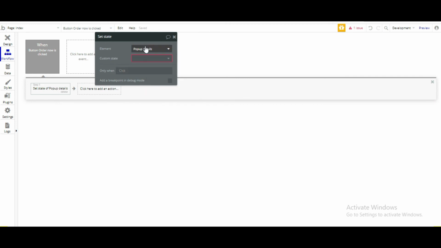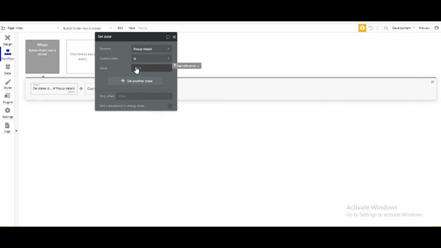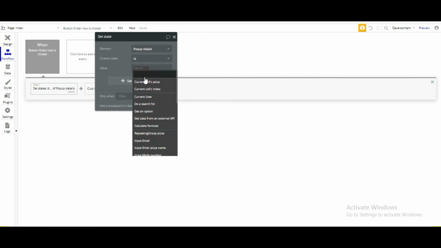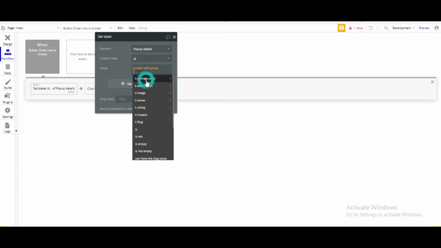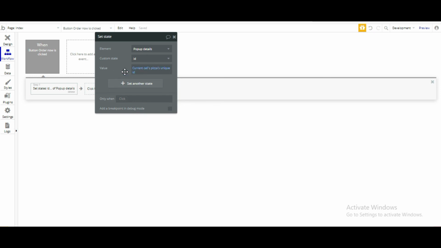So here we'll use this only. The custom state will be ID which we created there, and value will be current cell pizza's unique ID. So by doing this, we are specifying the search, so that particular pizza will only show.